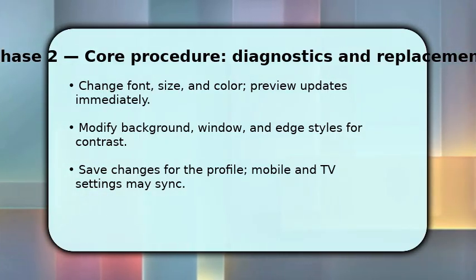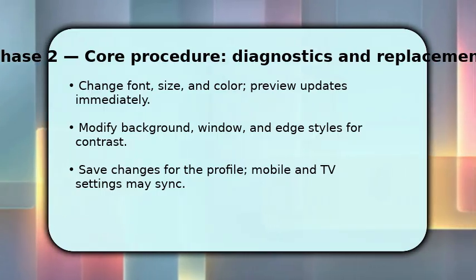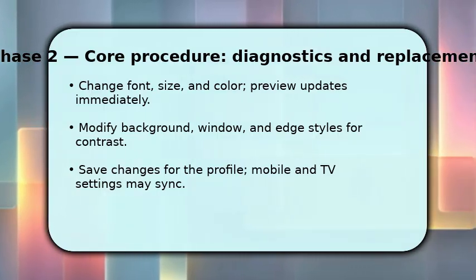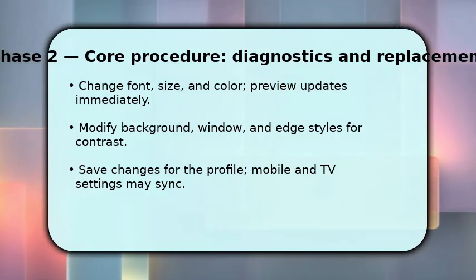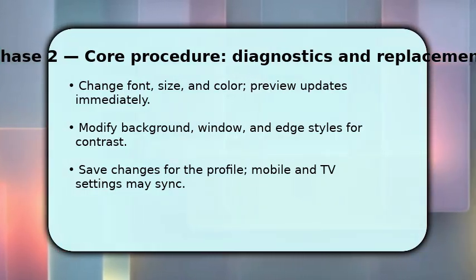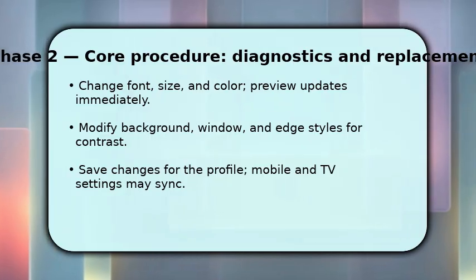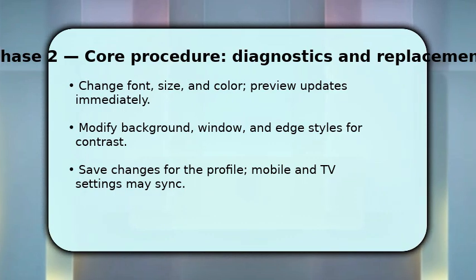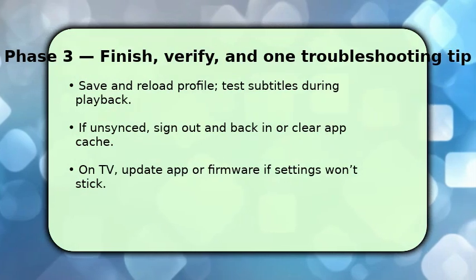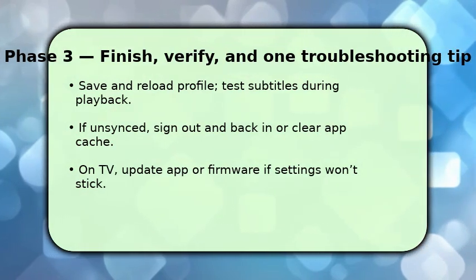Next, tweak the background opacity, window style, and edge settings to boost contrast. Those options help text stand out over bright scenes. Make choices while watching the live preview so you see the result in context, and then press Save to apply settings to that profile. Finish by saving your changes and reloading Netflix, then play any title to confirm the new